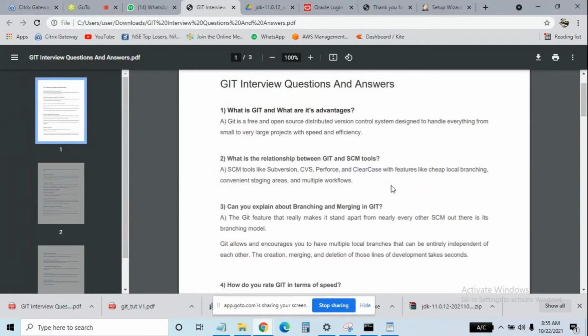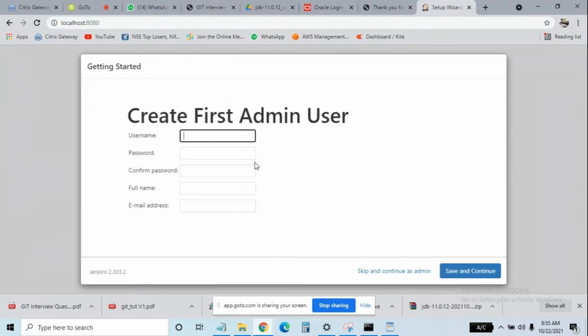Not an issue. Can you open that setup? I think it is completed. Once it has installed all the plugins, it will ask you to create one username and password. So you have to create one user, with a password and confirm password. You can give your name, Arif, and the same for the password, for easy understanding.